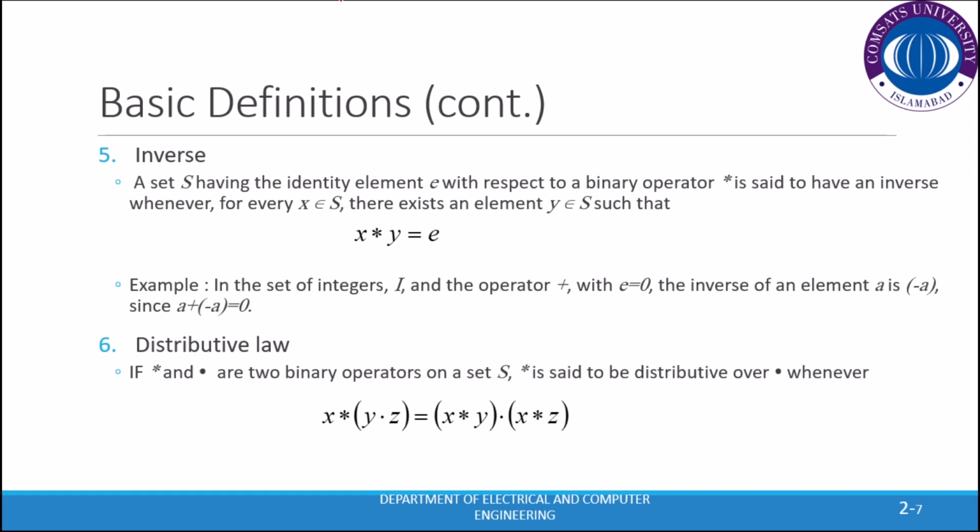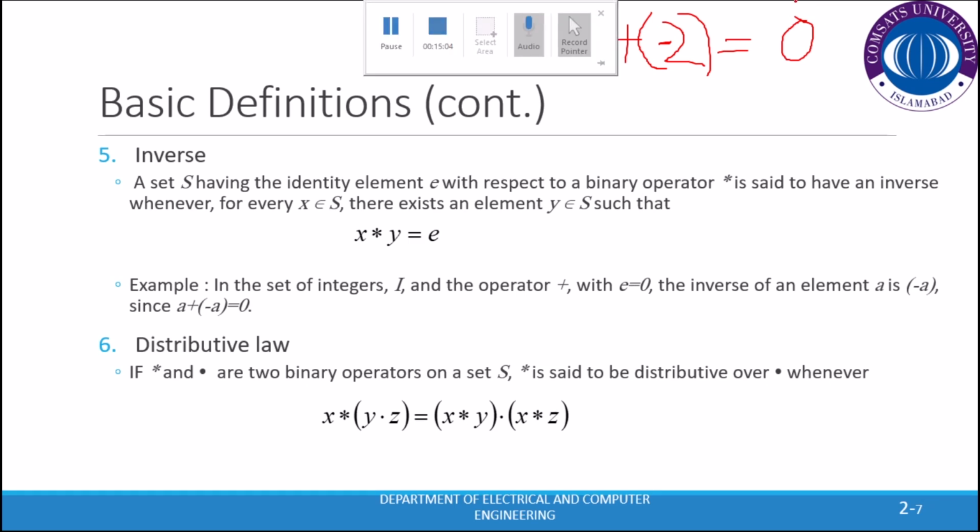Now comes the inverse. Inverse says, as we all know, for example, 2 minus 2 is equal to 0. Now what we did here is that according to the operator minus, we get again a 0. This 0 is an identity element, so I should write like this. Now it's better. Now these 2 and minus 2 are two different numbers, and when we apply a plus operator on them, it gives back the identity element.